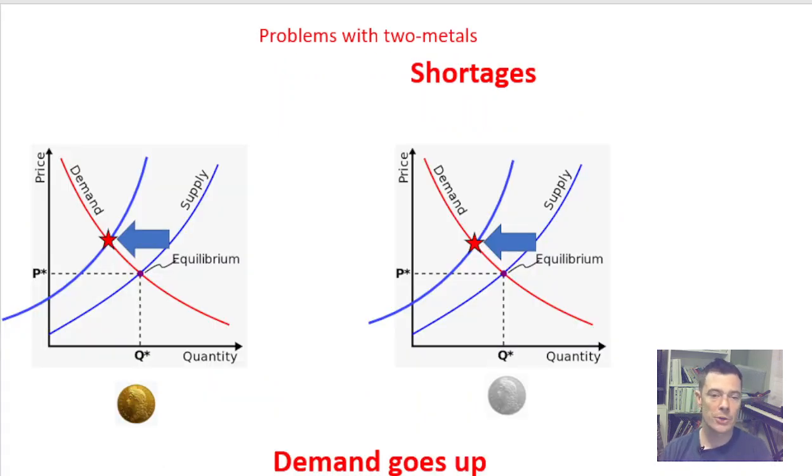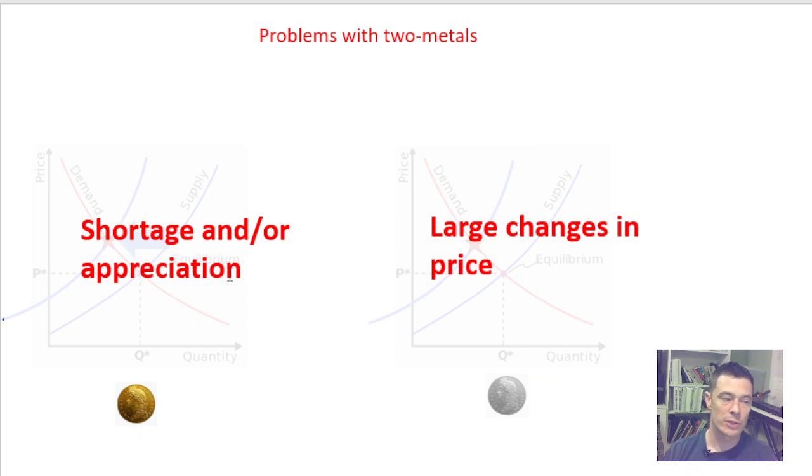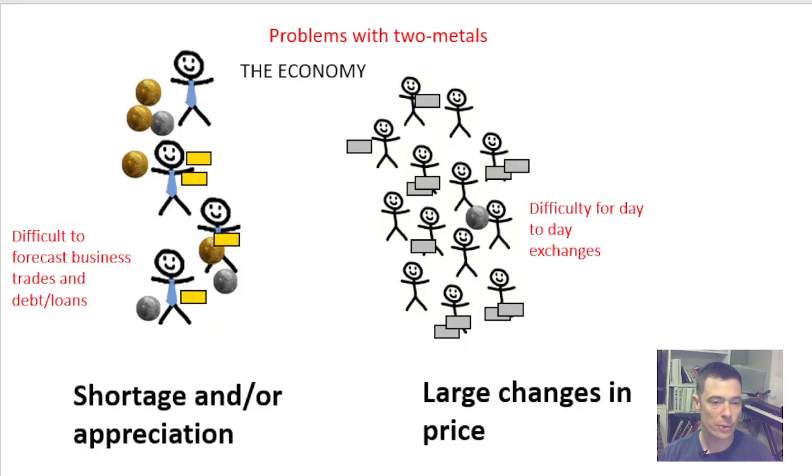And if you look at shortages from an economic point of view, shortage means that the supply is decreasing. The supply curve is shifting left, and that's going to push the price up for both gold and silver. So then on top of this, gold and silver have different reactions when the price gets pushed up. Gold's harder to get than silver is, so the price can go up a lot faster with silver. So now you would have these large fluctuations between the price of the two of these,